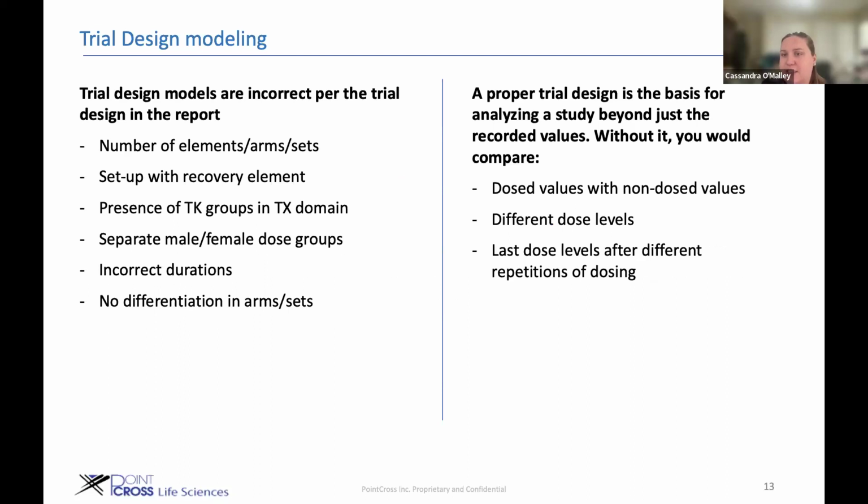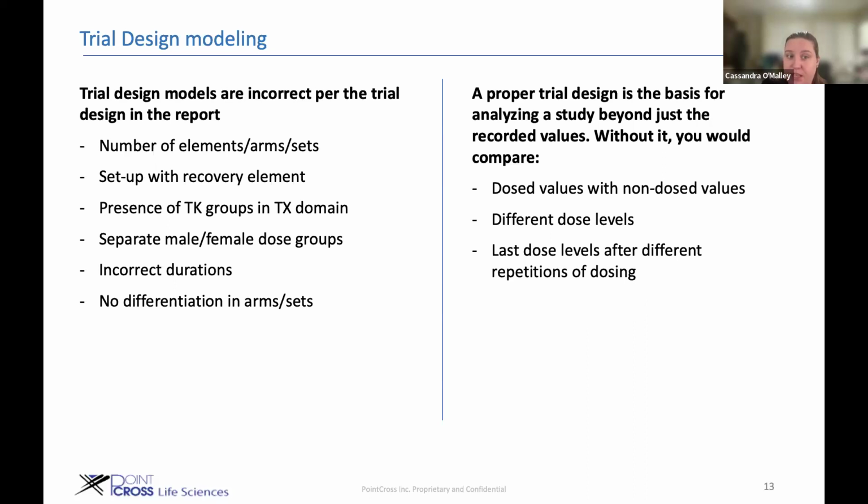One of the biggest errors that we find is in trial design modeling. Trial design models are incorrect if they do not match the trial design that is represented in the study report. And this can be incorrect in numerous ways. There could be the number of elements, arms, or sets do not align with the study report. You could have a study with a recovery element that is not represented properly. You could have excessive or no TK groups in the TX domain that were represented as different groups in the